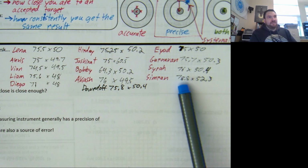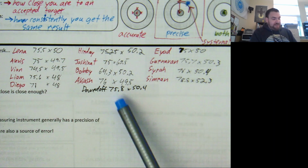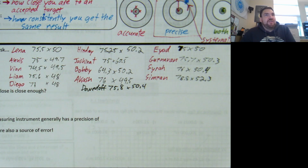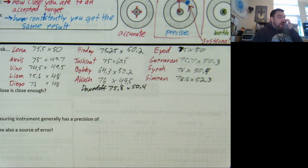Simran, are you proud of yours? Which is what you should have done. Yeah, no, if I told you to accept, so let's say this was 75.8 and you got 78.8, looking at the discrepancies between the tools we were using, are you proud of that number? Yeah, you should be. Lots of you, given the fact that you guys were at a significant disadvantage, I don't think there's any numbers on here that you shouldn't be proud of,